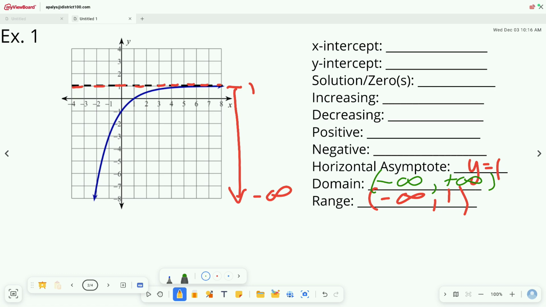Okay, Maddie, where's my x-intercept going to be? At 1. So again,